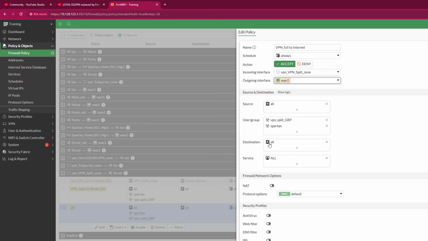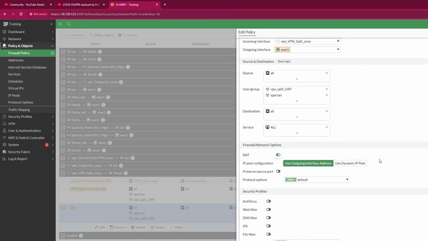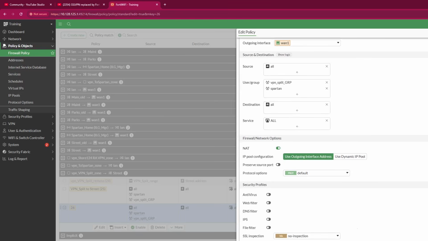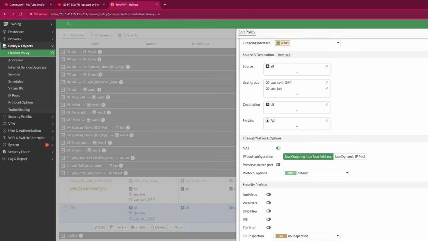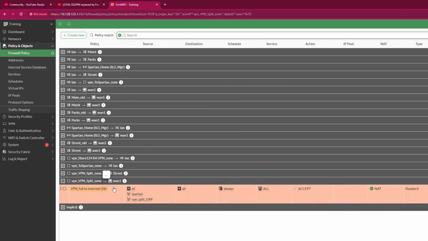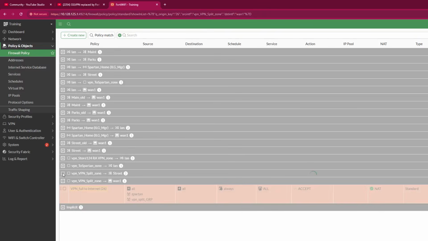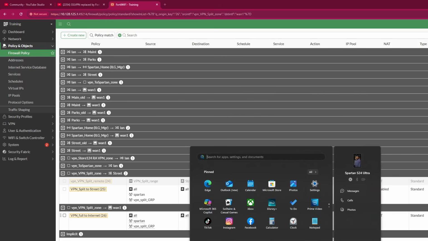The rest will still remain the same, but the NAT needs to be on at this point. You need your NAT on. Notice on my LAN, I did not turn on the NAT. On the WAN, I need the NAT on. Make sure the policy is enabled when you copy the policy. Everything will remain the same, and I'm just going to click on OK. So what you see is that the policy is then created for WAN. This is my policy that goes to my streets, and this is the policy that goes to my WAN network. Now, all you then need to do is to open FortiClient